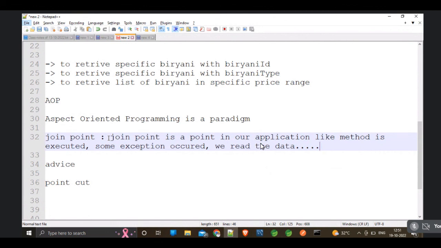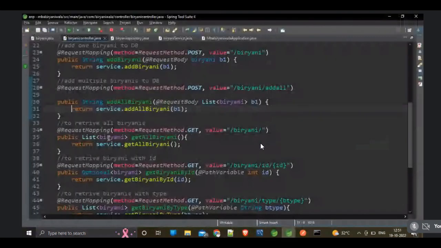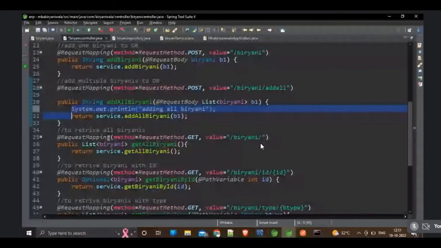Generally, this advice we have, advice represents an action taken by the aspect. For example, before adding all the biryanis, I want to print one message called adding all biryanis. So before executing,